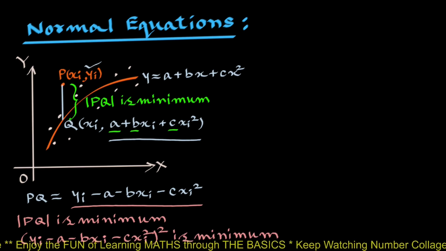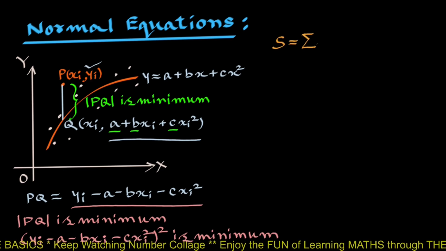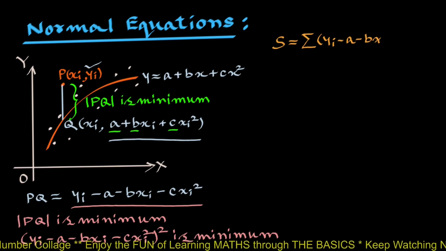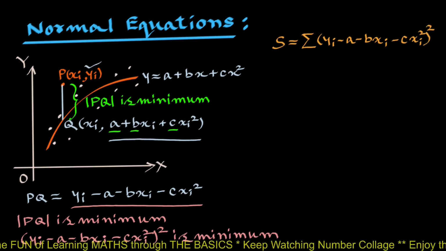This means we must have this distance S equals summation yi minus a minus bxi minus cxi square whole square